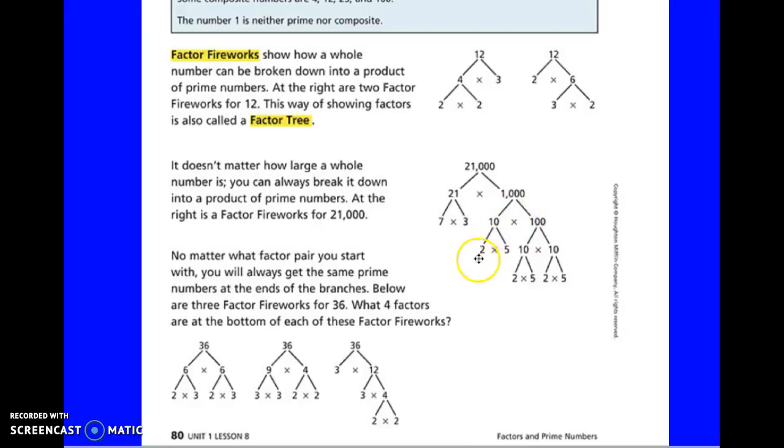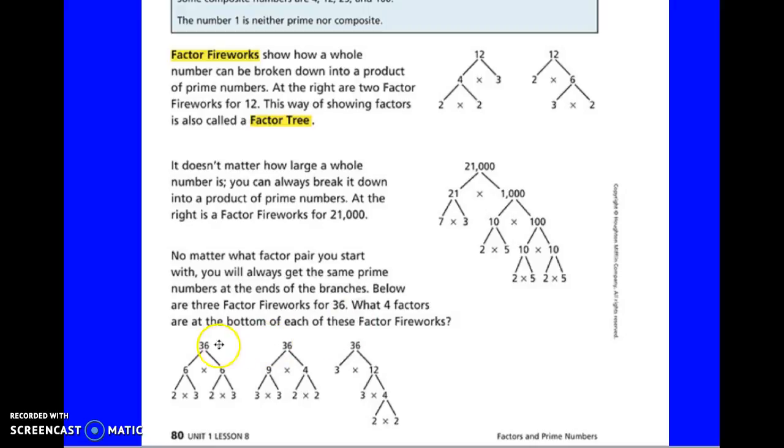And 10 you could break up into 2 and a 5. And then 100 they broke into 10 and 10. And then they did 2 and 5 and 2 and 5. So no matter what factor pairs you start with, you will always get the same prime numbers at the end of the branches. Below are all 3 factor fireworks for 36, and 4 factors are at the bottom of each